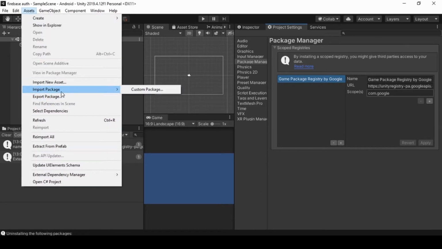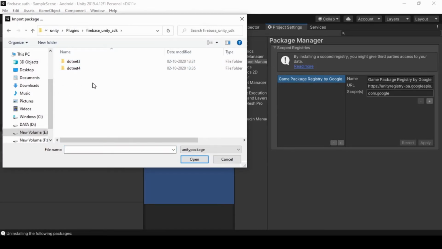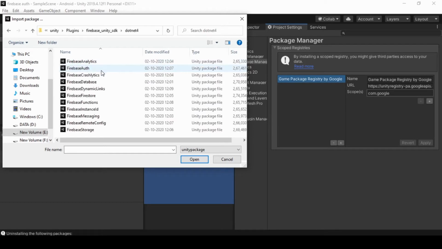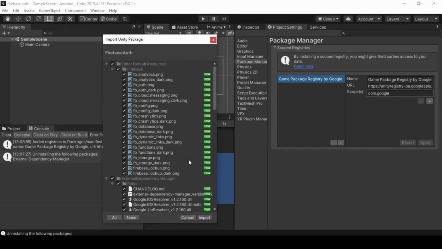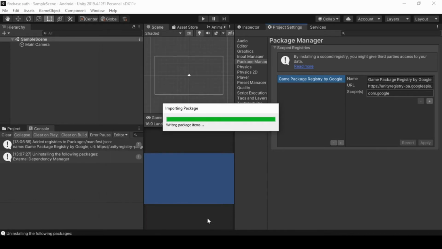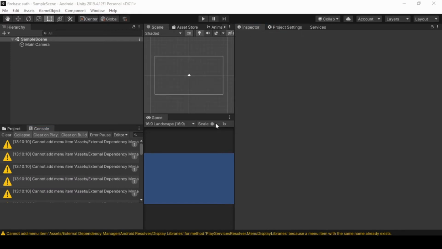Import the DotNet 4 package when you are using a Unity version greater than 2019. Select the Firebase Auth package and import. Now click Enable External Dependency Manager.